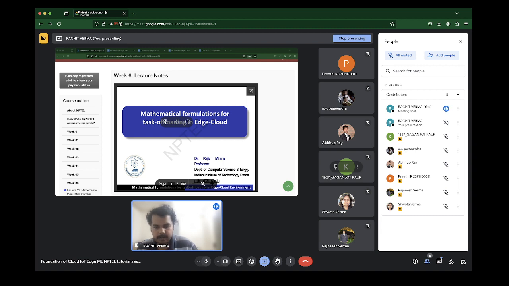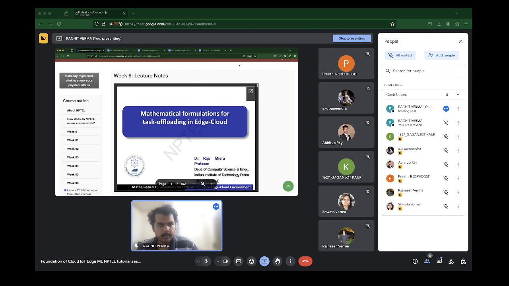Before we begin with the session, I will go over how I intend to conduct it. First, I will go over a summary of whatever was discussed in this week's lectures, and then I've prepared some questions, or some questions have been prepared by Rajneesh Verma and Shweta Verma with the help of some AI tools like ChatGPT, and we'll be discussing those questions, and then hopefully these questions will be of use for you to solve the assignments.